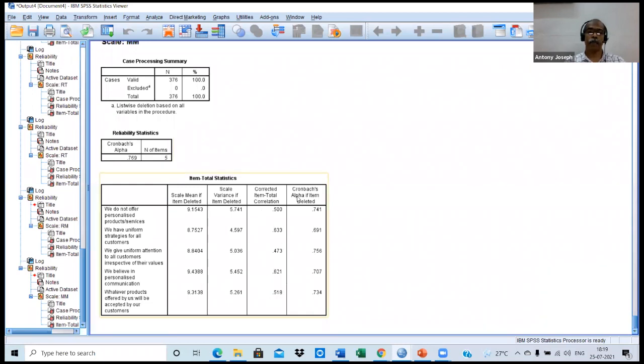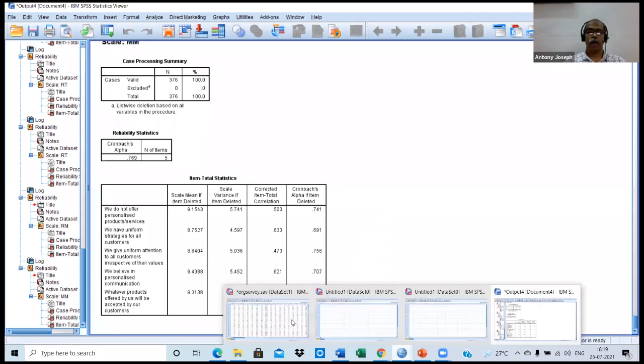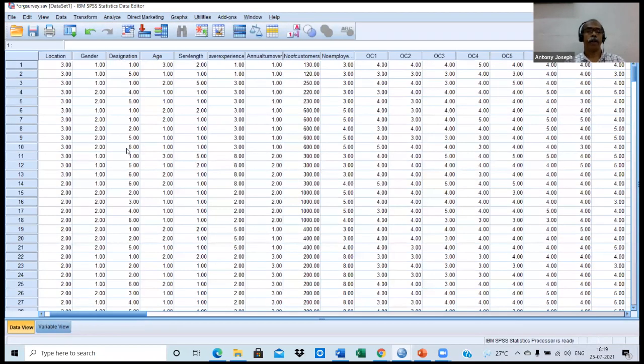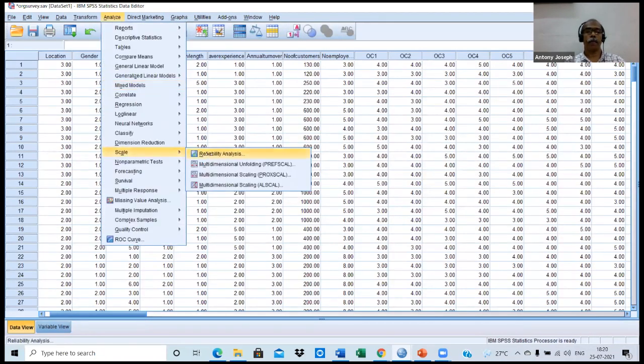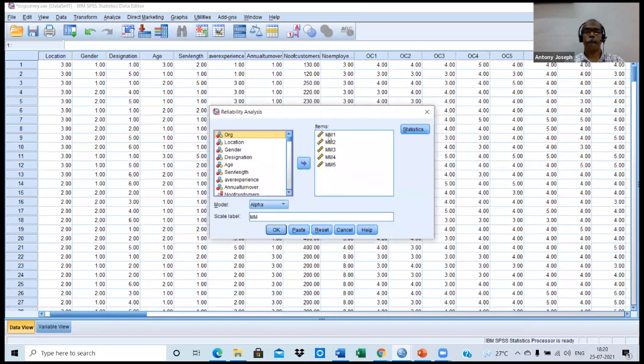Correlations are greater than 0.3. So it is also acceptable without any change. Now another scale. This is CR. Five items are there.